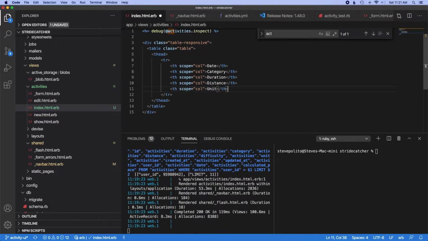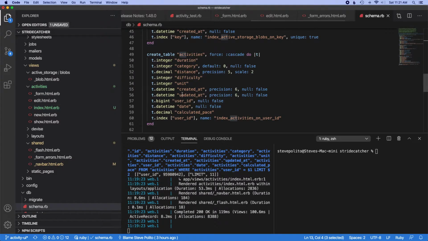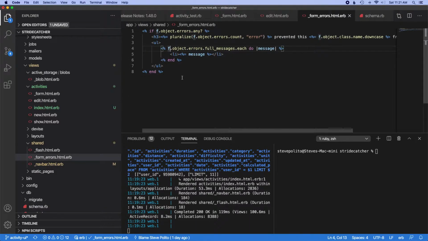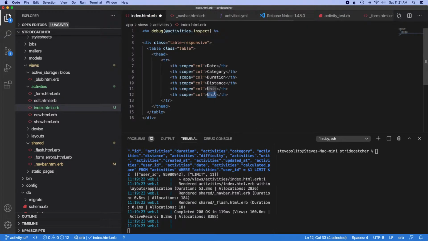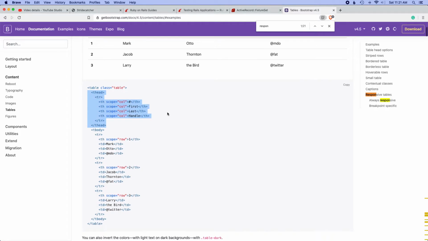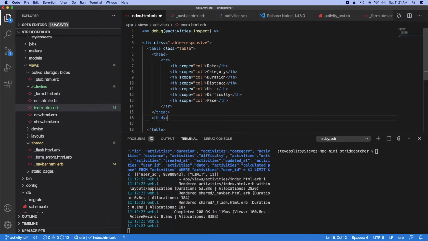and we can make this look nicer later. Like, I'm sure this can be kind of a, this is pretty verbose. Like, we're listing everything in the database, but that's fine. So we have the date, the category, the duration, the distance, the unit. What else do we have in here? Difficulty. And pace. So then we can take actually just a table body, and Rails will give us a special